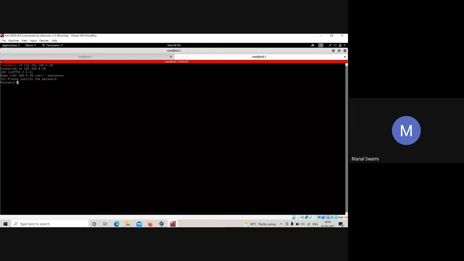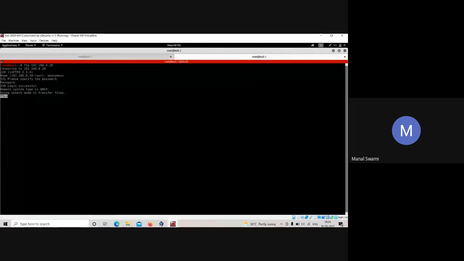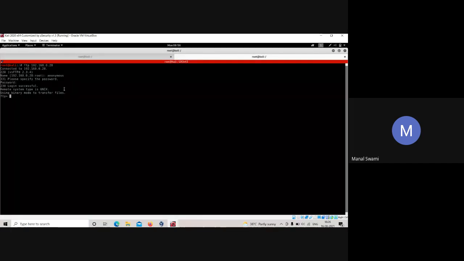Now, if you specify the password, it is good. If you directly press enter, it is good as well. If you want to type the password, press enter. See, you get the FTP system over here. If you directly press enter as well, then also you will get this particular thing. Clear? Now, if I do ls,